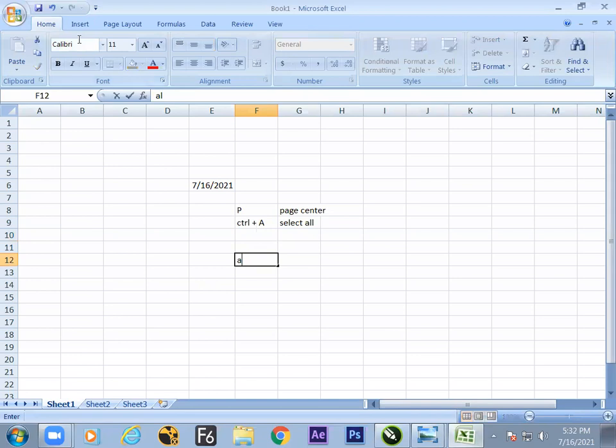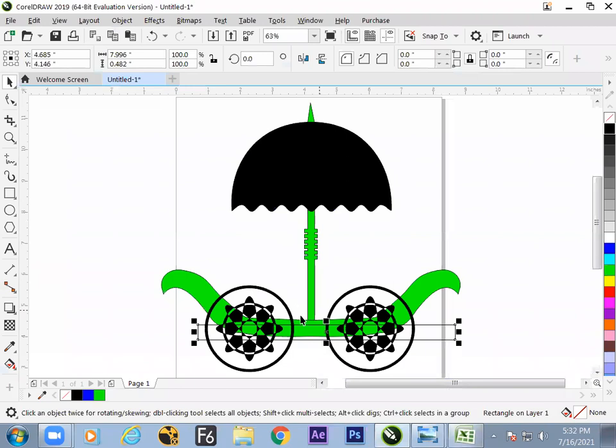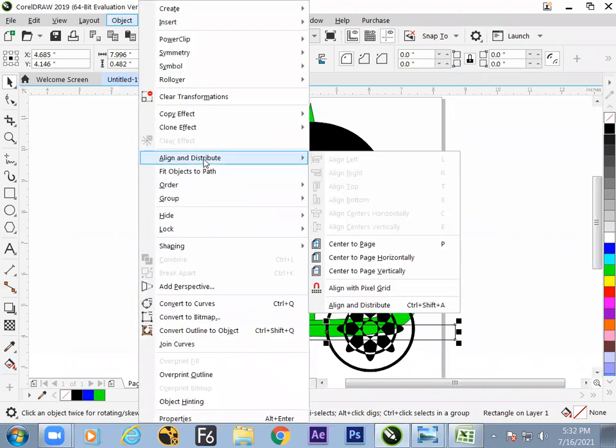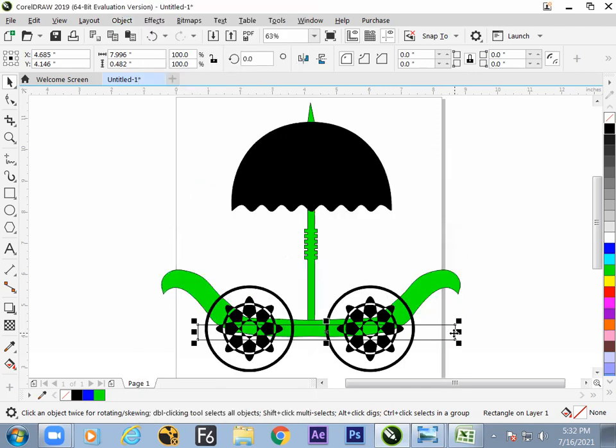Alignment. What are you learning now? Alignment in CorelDRAW. CorelDRAW is famous for its alignment buttons. So alignment plays a major role in any graphic designing. Go to the Object menu and switch to the option called Alignment. Hope it is clear. Where is the option? Inside the Object menu, Alignment. And here all the keyboard shortcuts are there. So let us see how it aligns.